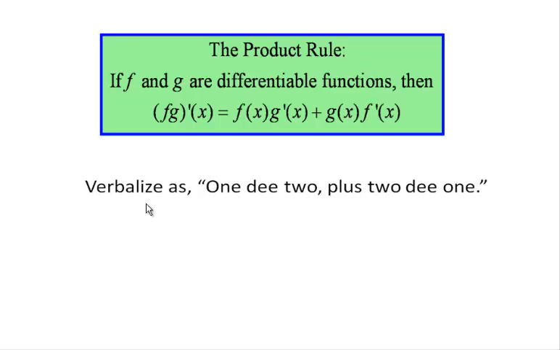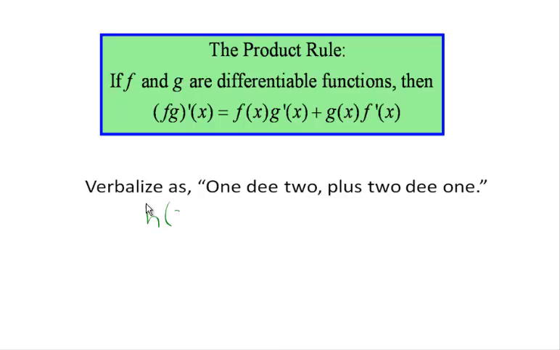Remember I said that the product rule and the quotient rule would not follow intuitively from what we learned in the main limit theorem. It is not true that derivatives break up over multiplication or division. The product rule is different. So here it is. If f and g are differentiable functions, then the derivative of the product of f times